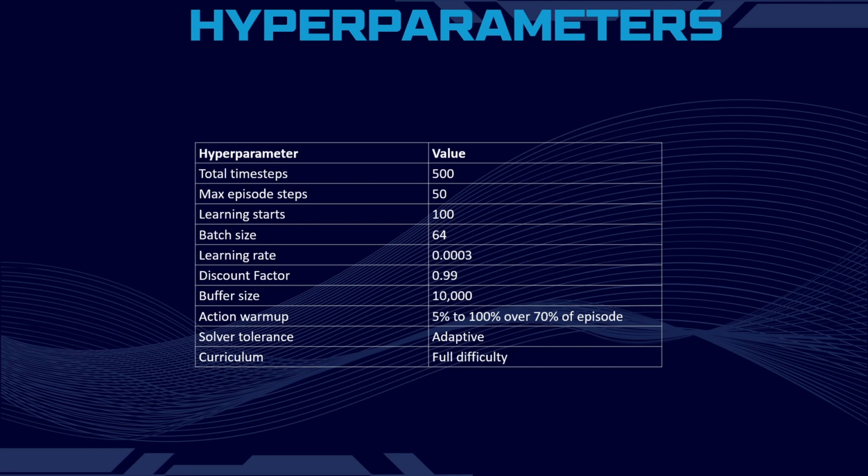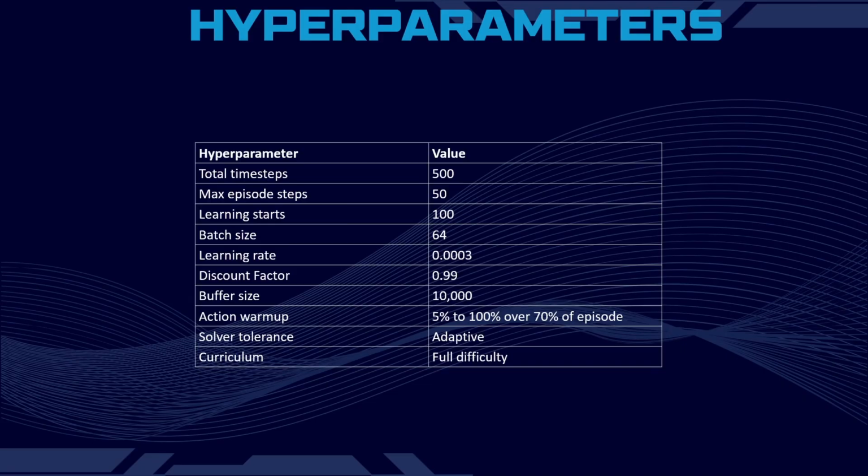Unlike your regular gymnasium based RL agents, which run pretty quickly compared to this. Anybody who has worked with reinforcement learning would know that the gymnasium environment is pretty fast. Generally, we tend to train for 1 million steps, and it barely takes 2-3 hours. Here, for only 500 steps for each of these, so 500 times 3, only 1500 steps were used, and still it took me around 5 hours to run the entire notebook.